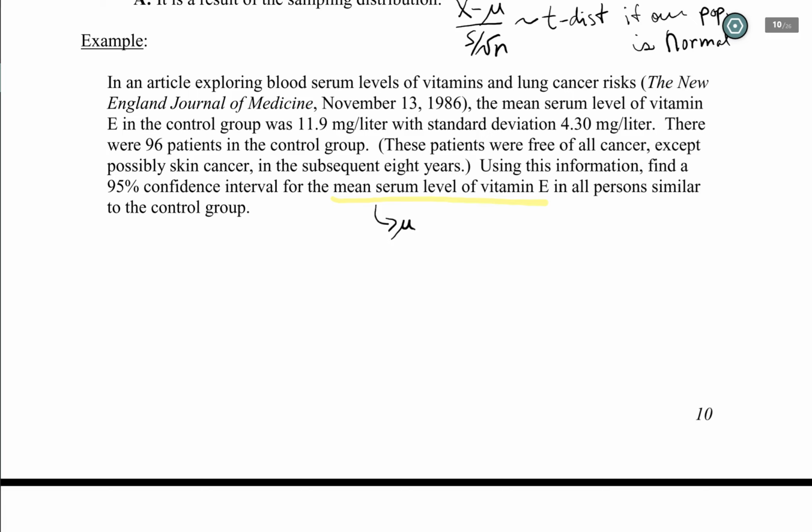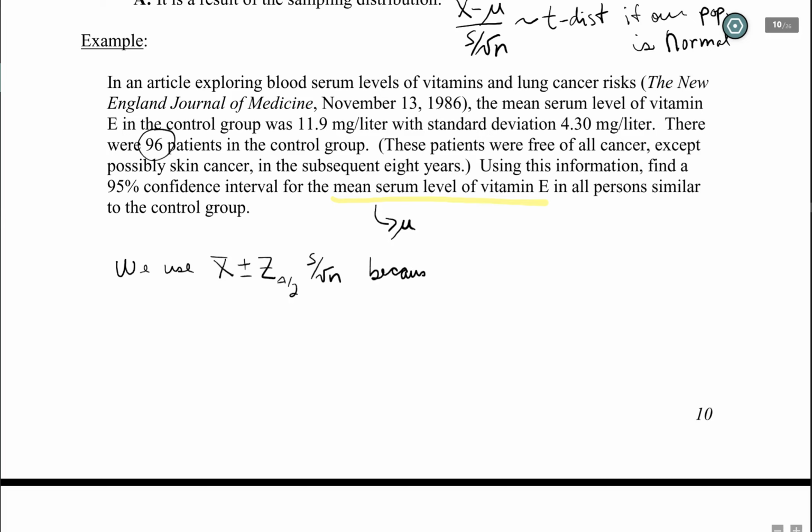Well, we should use the one that coincides with the large sample size situation. So we're going to use this formula here, x bar plus or minus z times s over root n,